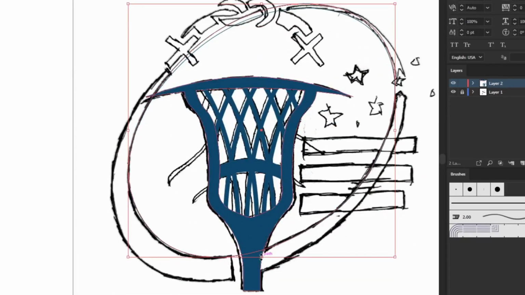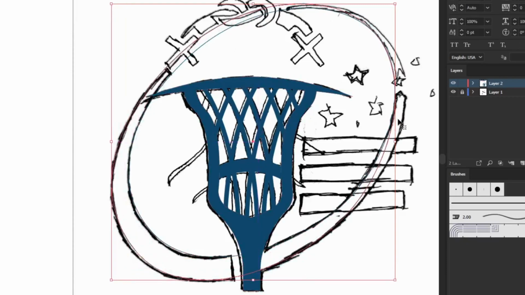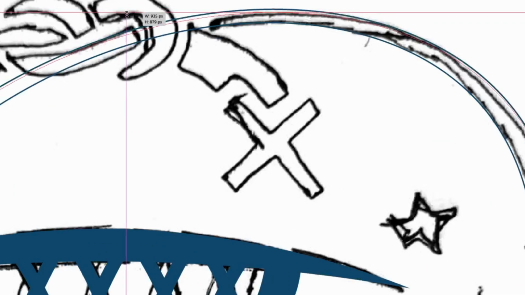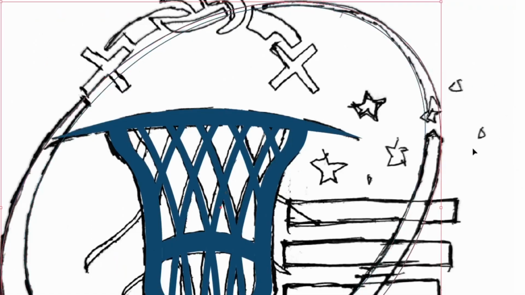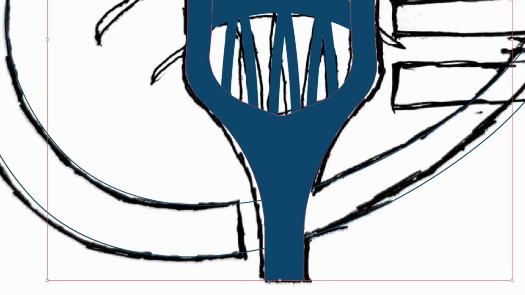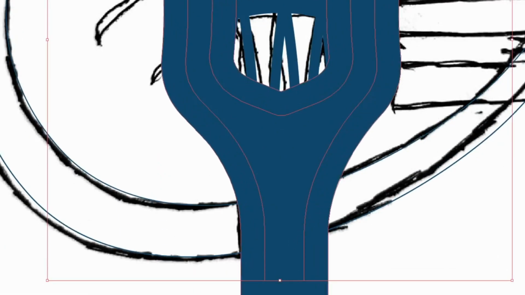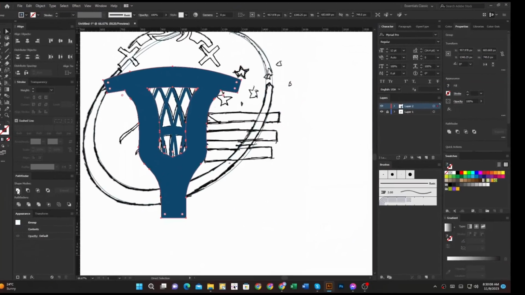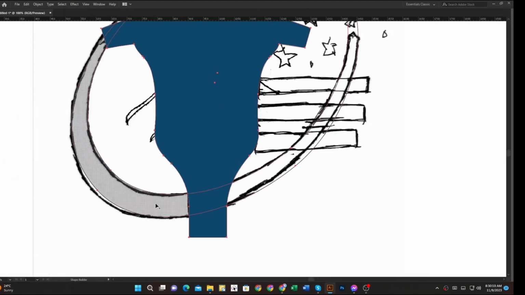Then it's copy. Now select, and I use a shape builder tool. It's some stroke. Now remove.